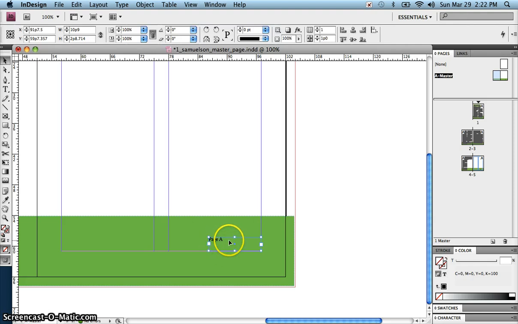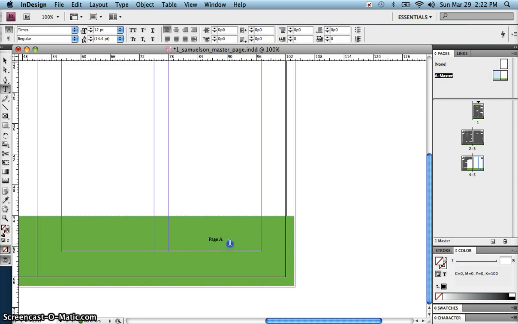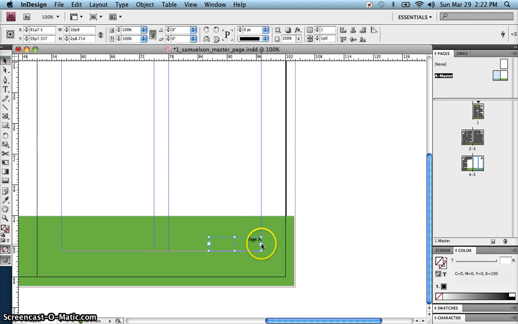The text is aligned at the left-hand side, so it makes this look like it's showing up in the middle of the column, which is a little off. So what I actually want to do is double-click, and align this to the right side of that text box. And now you can see that it is showing up over here at the right. I'm also going to reduce the size of this text box a little bit,